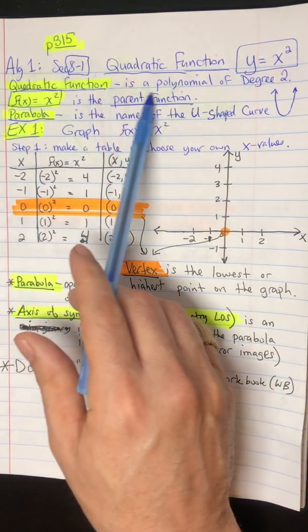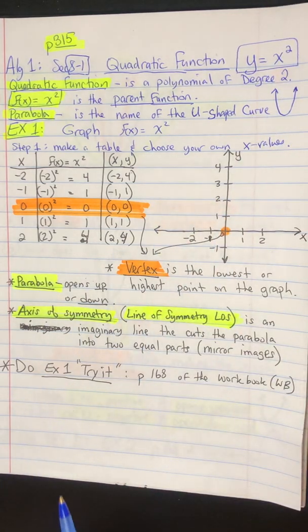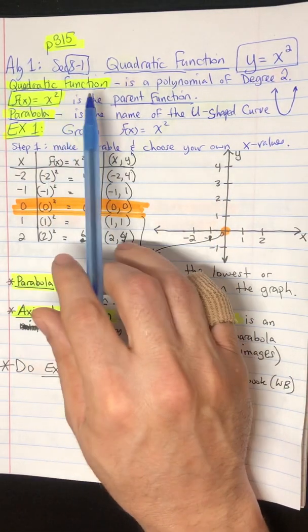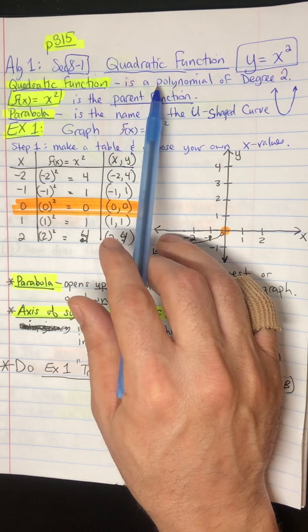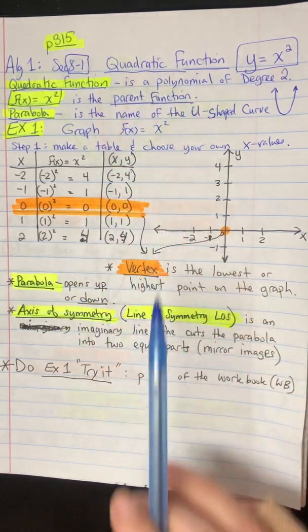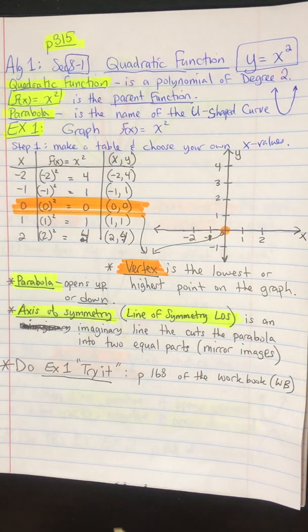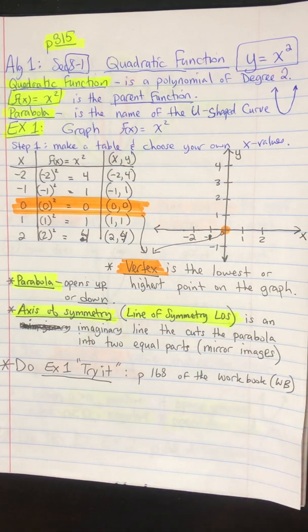And the quadratic function is a polynomial of degree 2. Degree 2, the highest degree is 2. Degree 1 would be linear. So we talked a lot about linear in the first semester. Now we're going to concentrate the rest of this year, which is not much left, on quadratic functions only. How to graph them, some story problems, how we use them in the real world and stuff that will be coming later. Right now we're going to talk about the different parts of quadratic functions and how to